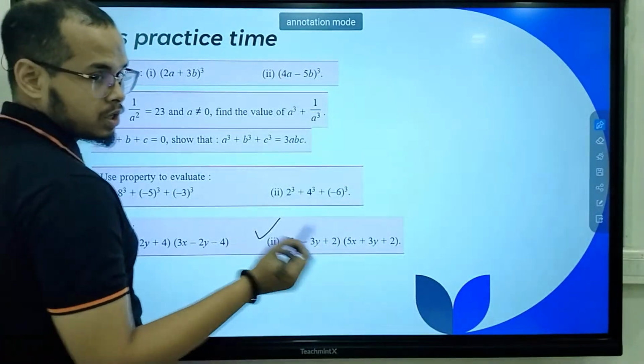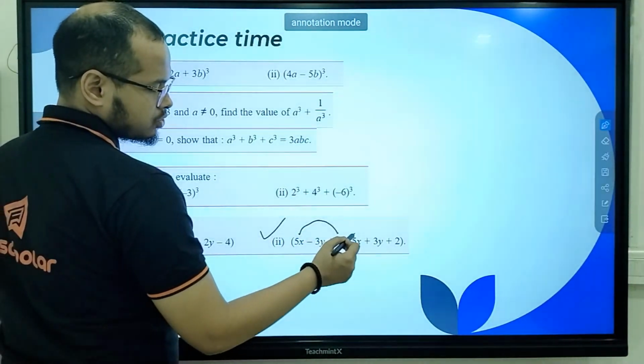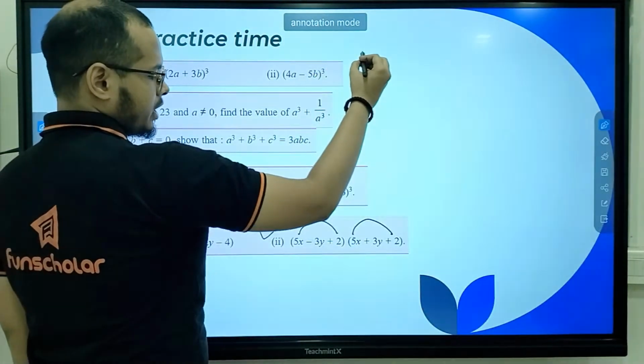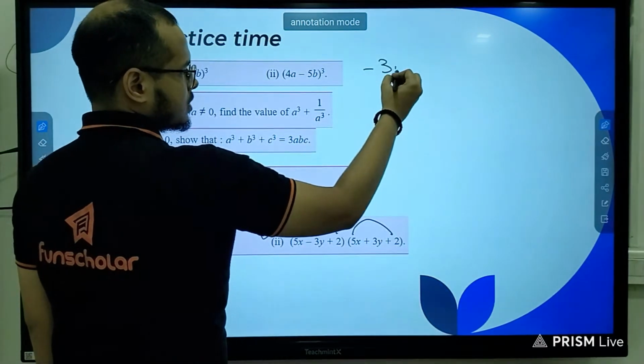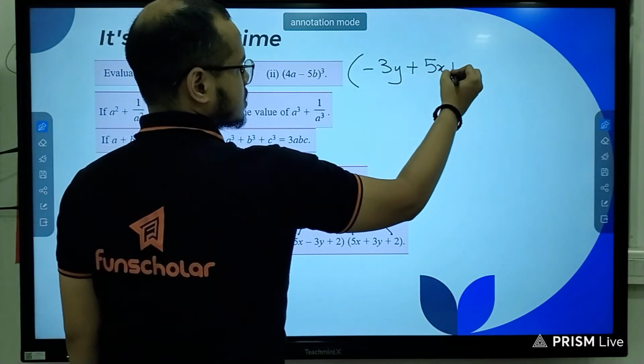Now let's see what are the common terms in these two equations. So as we can see, 5x plus 2 is the common term. Okay, so we'll rewrite the equation like this. We'll rewrite this as minus 3y plus 5x plus 2